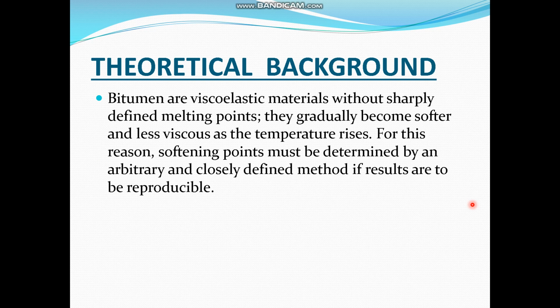Now, since bitumen is a viscoelastic material, the melting point is not clearly defined. That is, we cannot see the bitumen start to melt, or at which temperature it starts to melt. That is why it is determined by an experimental procedure, which you will see in the coming slides,